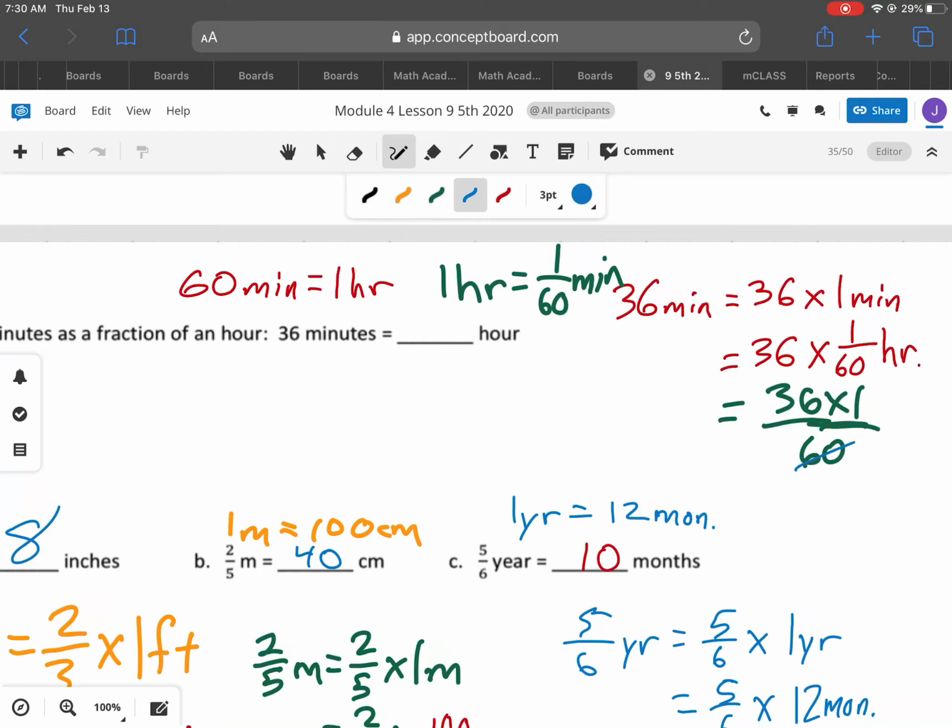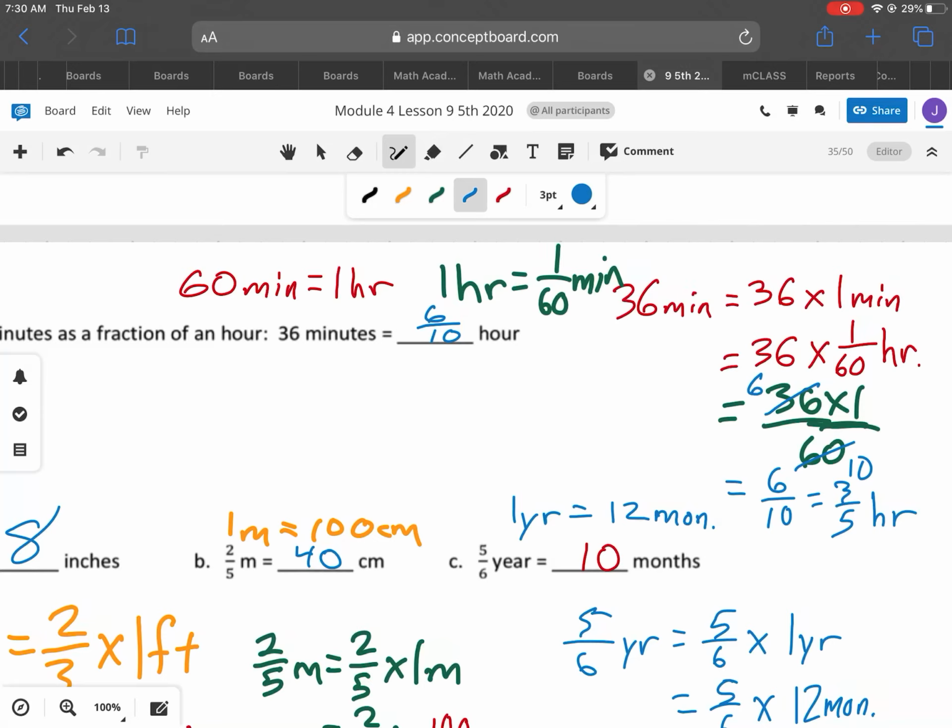Well, not really. If you think about the number 6, 6 goes into 60 10 times, and 6 goes into 36 6 times. So my answer would be 6/10 of a minute. So we do have a fraction here. We can also make it 3/5 of a minute. I like 6/10 of a minute, of an hour, excuse me,